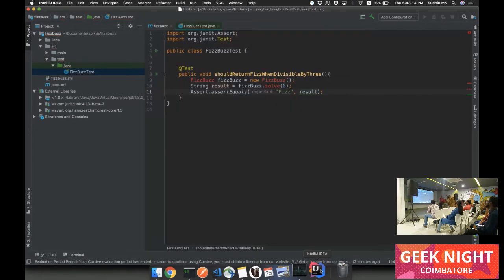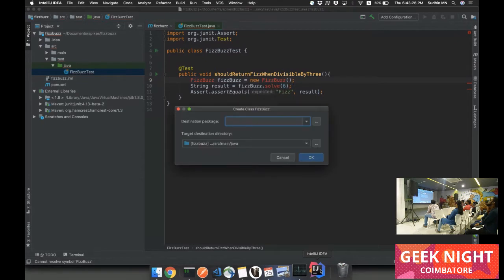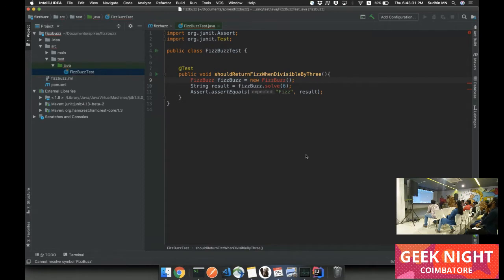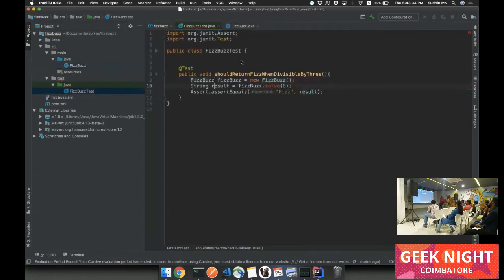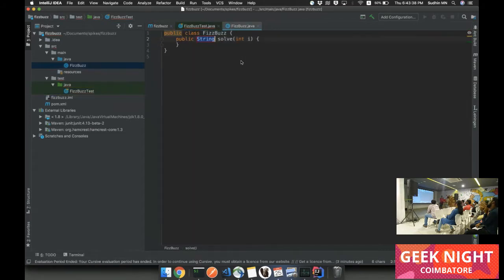Now we will write enough production code to resolve the compilation errors. So now we have enough code to make the compilation pass.